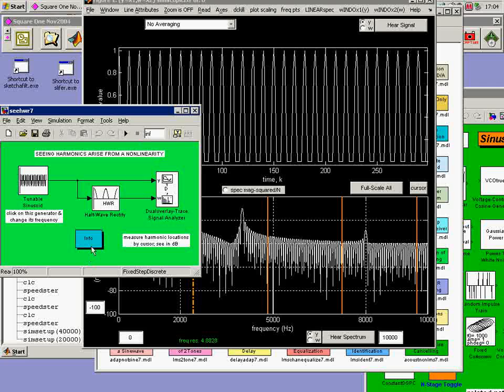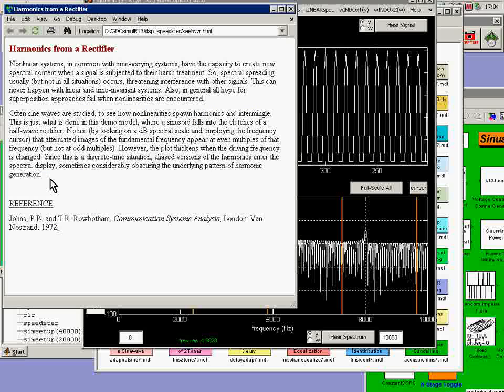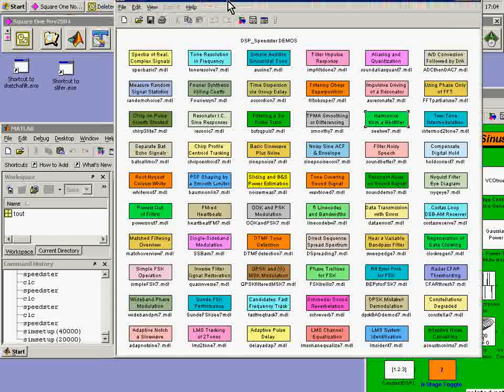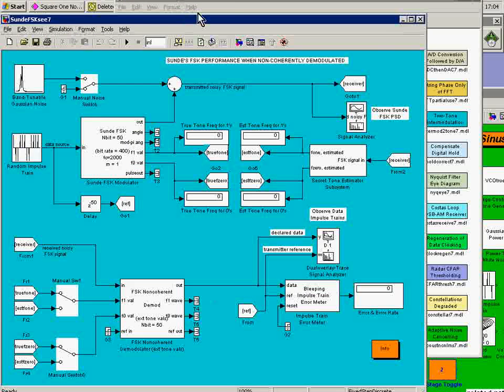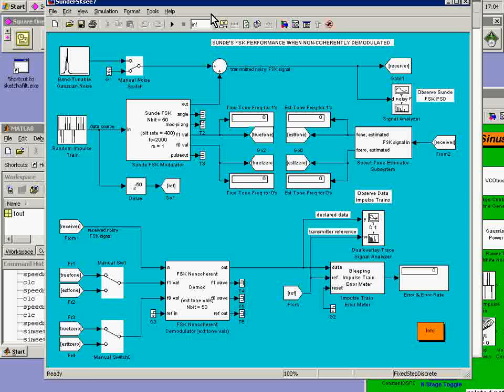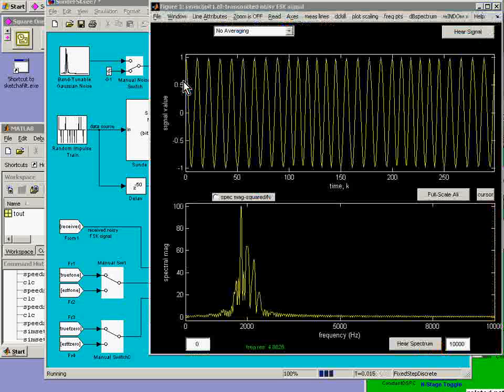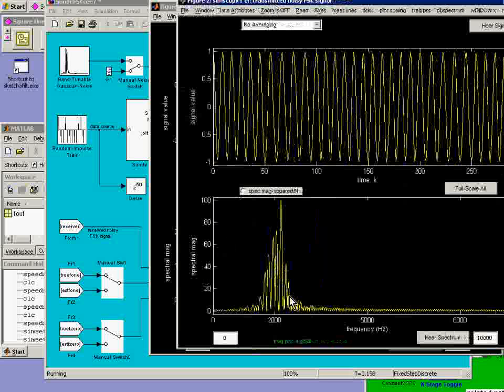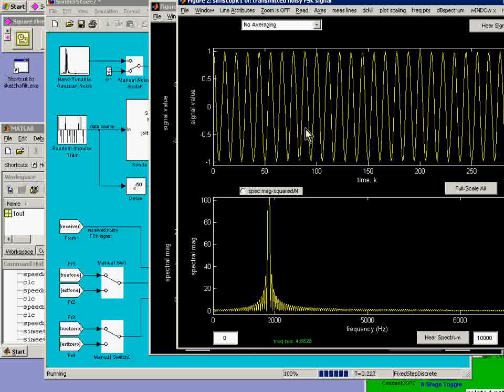For each of these demos there is a small story which says what it is that you're trying to look at, and usually a reference from the literature where you can go and read independently about this. So we start with quite simple ones. We move to things like FSK, frequency shift keying. You begin to see models which are quite a bit more exotic. When we fire up one of these and have a look at some of the spectral things, you can see the noisy FSK signal here, these sine waves